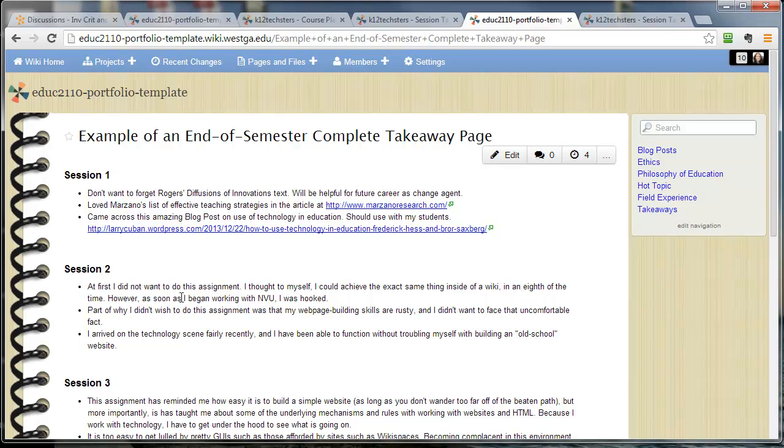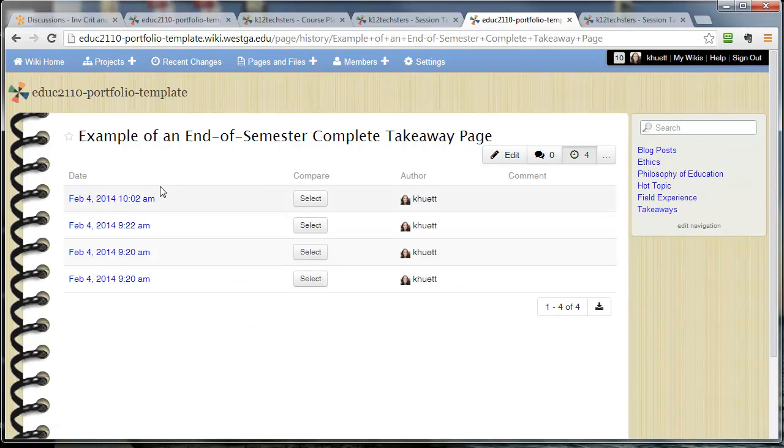Now, how do I know if you have been posting them in an ongoing fashion versus you did them all on the Sunday night of session 6, the last Sunday night of session 6? Here's how I know that. See this thing right here with the little time clock? That tells me that this person who made this page has edited it 4 times, and then I can click on this link. I can view those 4 revisions, and because I set this up quickly today, they all happen